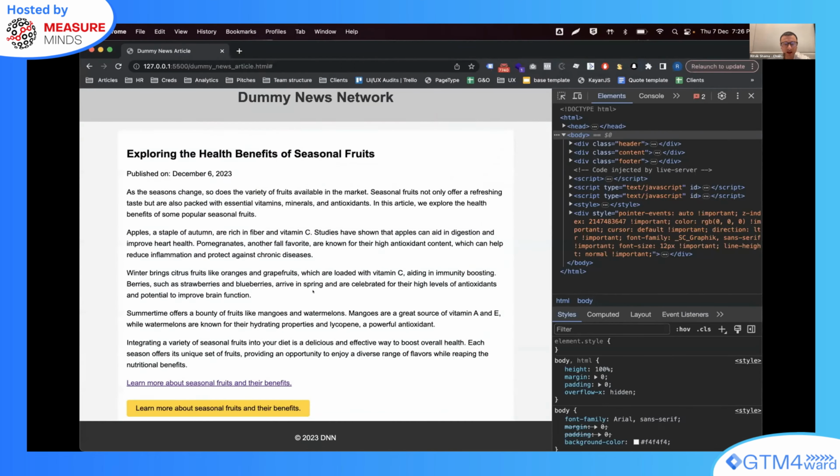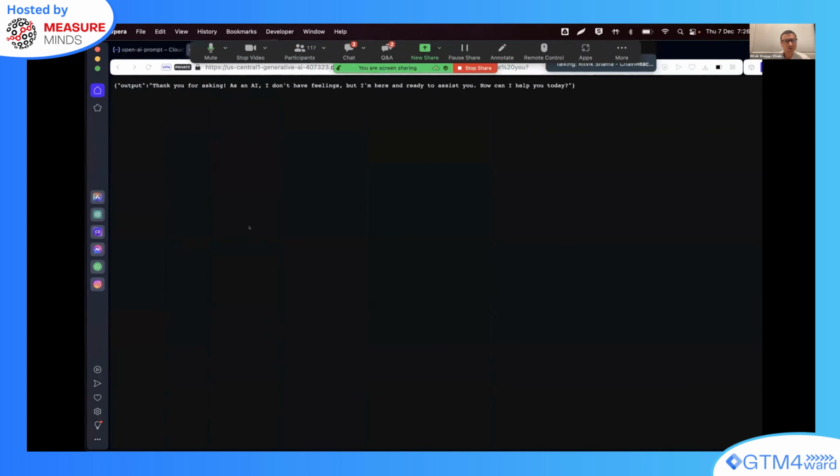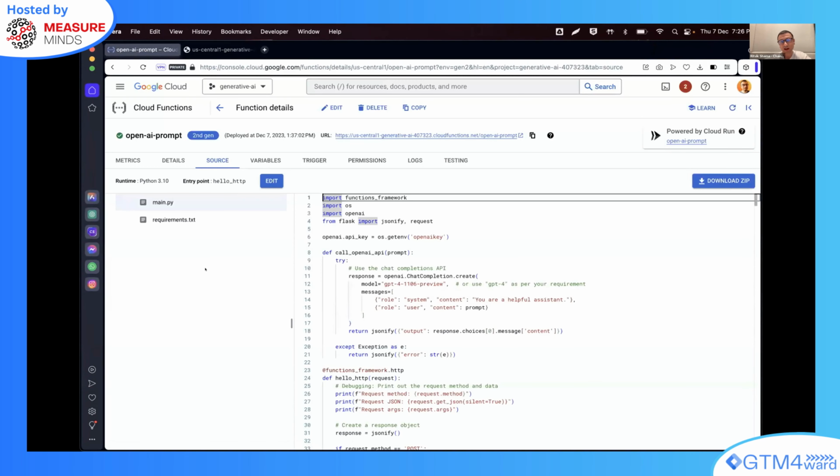But I know AI is a hot topic right now. Everyone is talking about it. So I decided to add a feature through Google Tag Manager that extracts the key summary or insight about this article that we have on the page right now. To do that, I had to combine Google Tag Manager with Google Cloud.